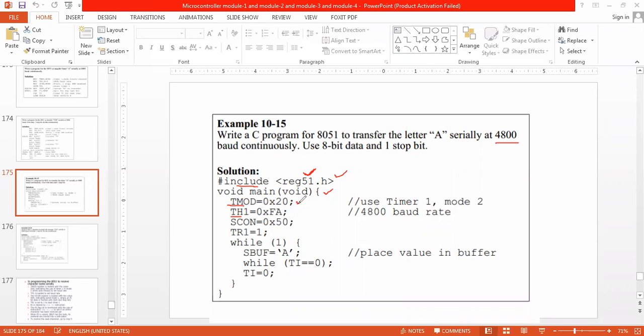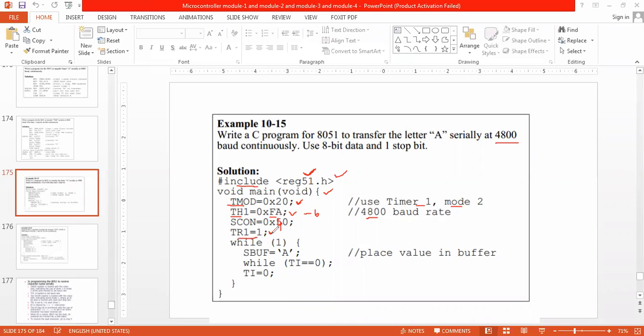TMOD register, timer 1, mode 2, then TH1 equals minus 6, which is FAH for 4800. Then start TR1. I will check whether it is 50 or 40, and why REN is equal to 1.